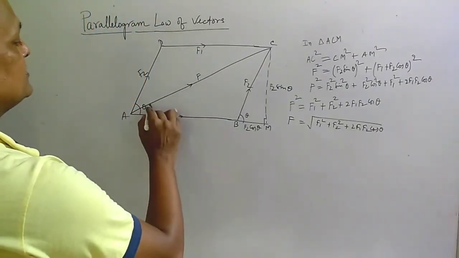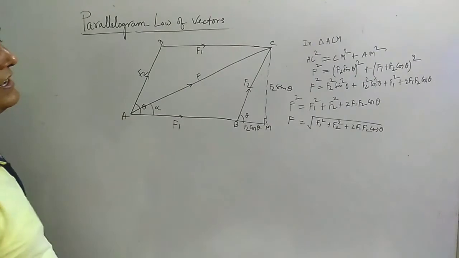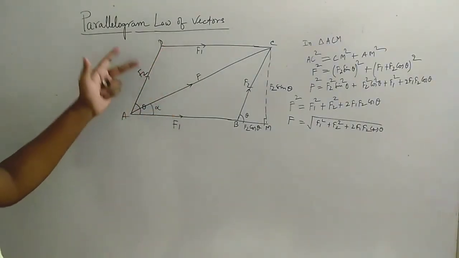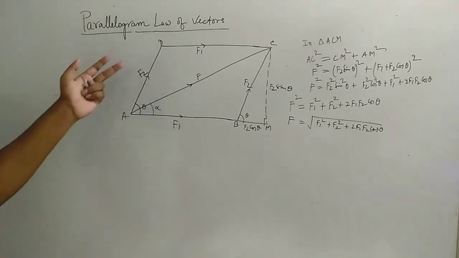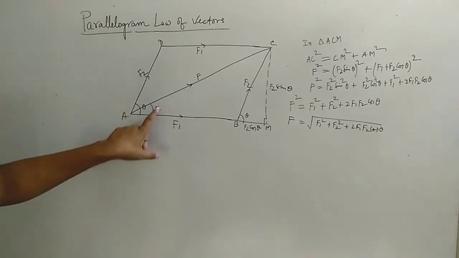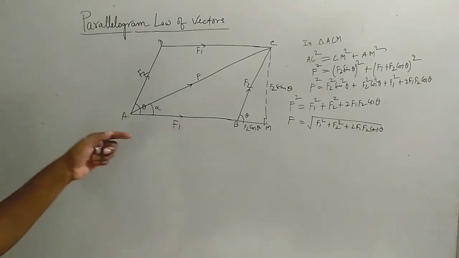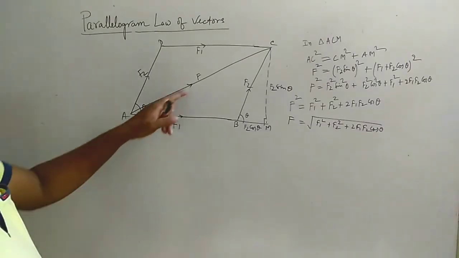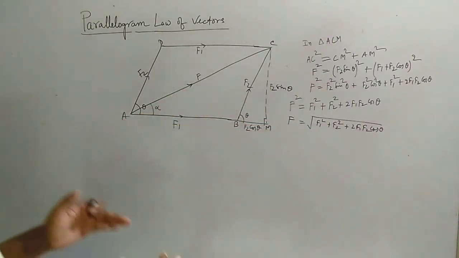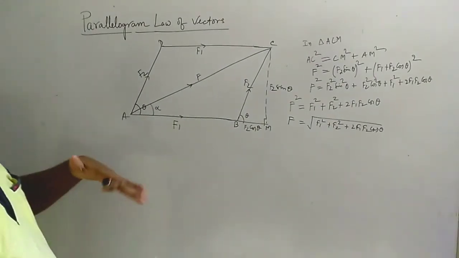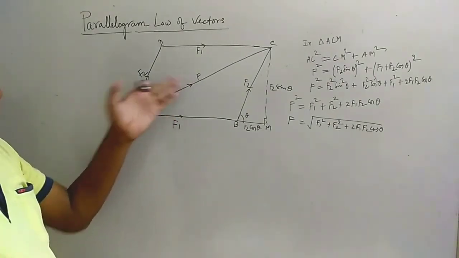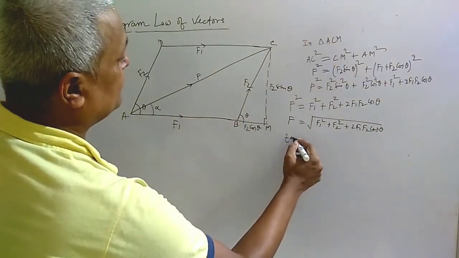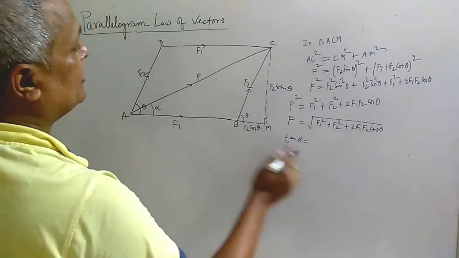Now this is the direction, because since it is a vector quantity, we are more interested in finding out what angle the resultant is making with one of the known vectors, that is F1 or F2. So alpha is the angle with the F1 vector that is known. If a vector quantity is known, definitely the sense of direction and the magnitude both are known, and F2's magnitude we have already found. So we need to find the angle between them, so that we can locate this resultant vector. So again we use trigonometry and find tan alpha is opposite upon adjacent, that is